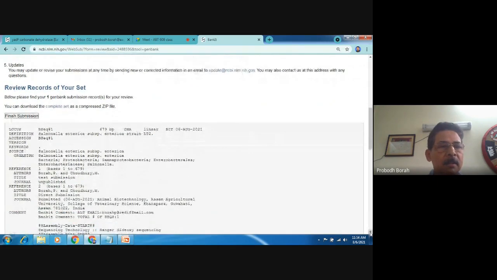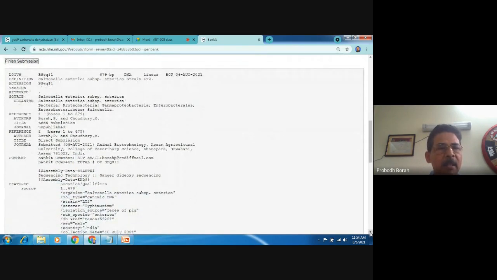So now you see it has shown us the entire sequence information that we have made ready for submission in a format which is normally seen in case of any sequence that is submitted to GenBank.